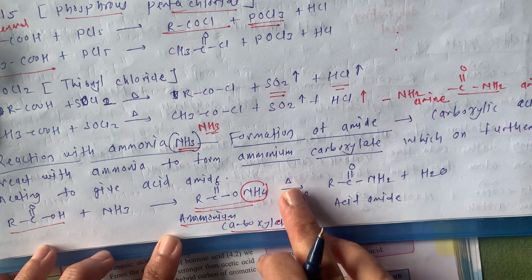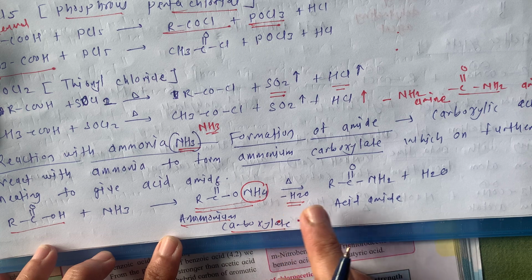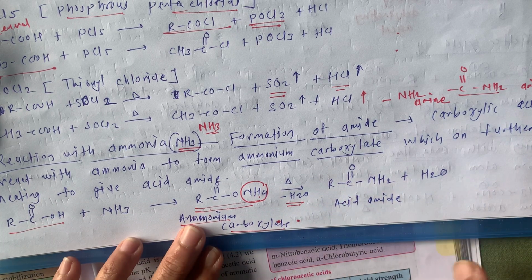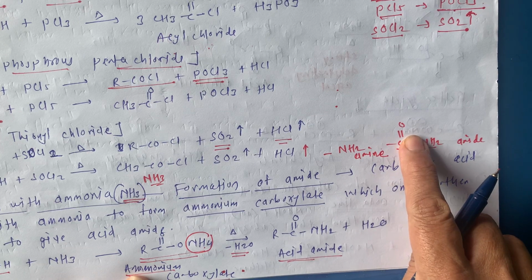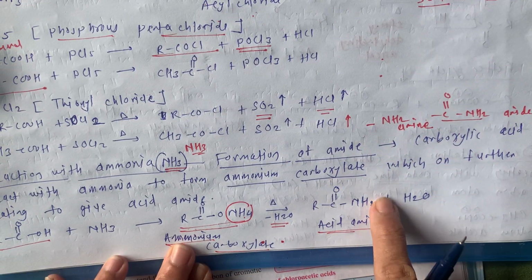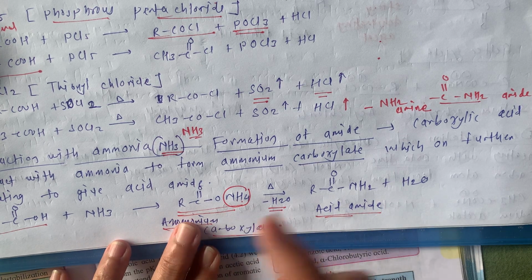When we provide heat, a water molecule is separated, and there is formation of acid amide. This is the amide functional group. This is acid amide. What happened? See here,